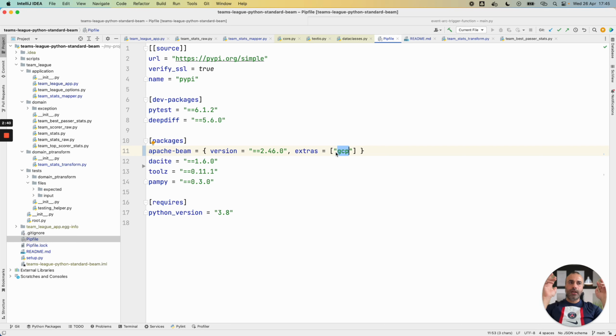The extra GCP package gives me some built-in IOs, input-output, in order to read and write data from and to Google Cloud. I have, for example, IOs for cloud storage, PubSub, BigQuery, and almost every service.